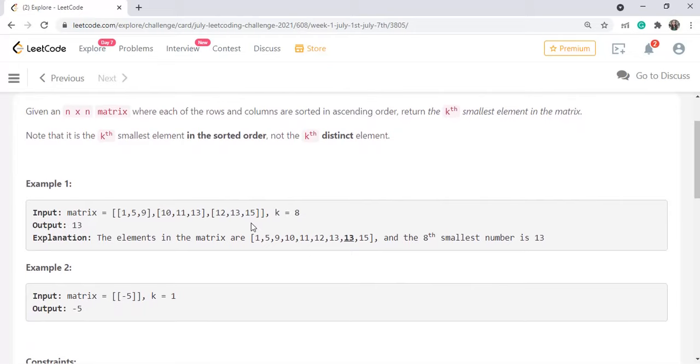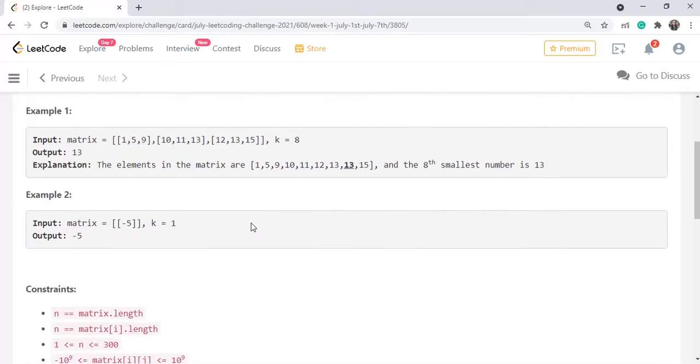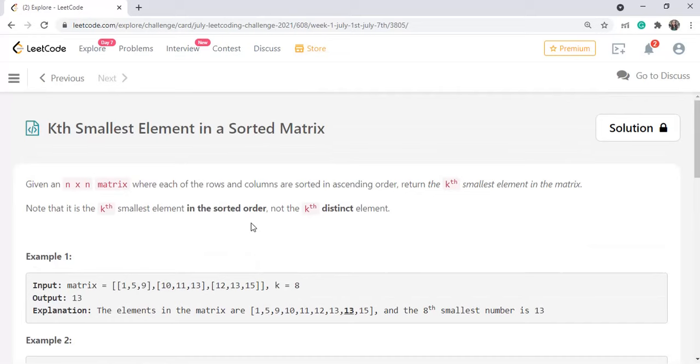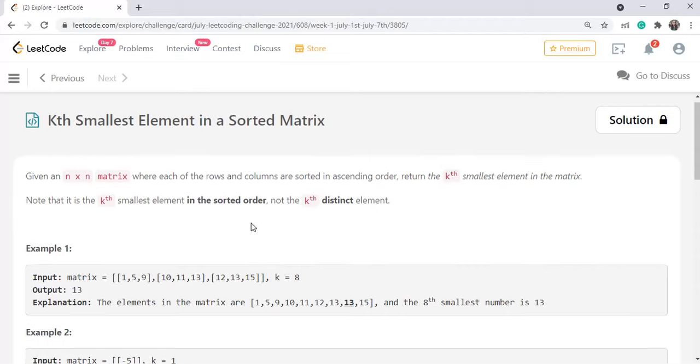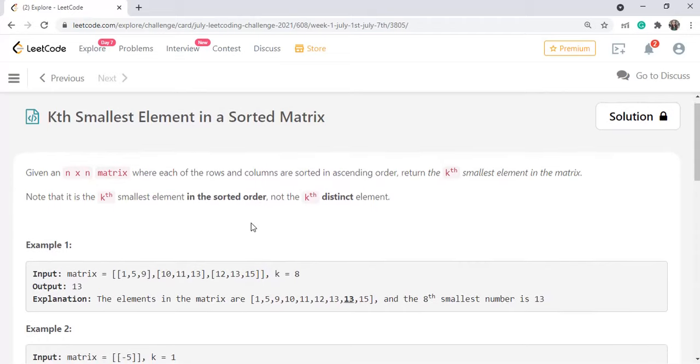Now let's see how we are going to solve this problem. Well, for solving this problem, I'll be using heap. Now how to identify in which particular question I can use heap? When in the question you are getting something like kth smallest element or kth largest element, this is an indication of heap itself. So here in this question I'll be using heap data structure. Now in heap also we have max heap and min heap. So which heap am I going to use here? I'll be using max heap here.